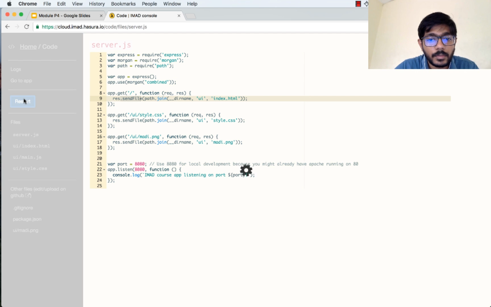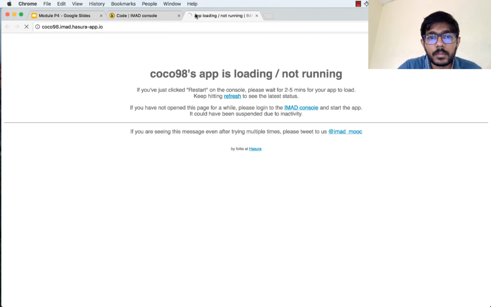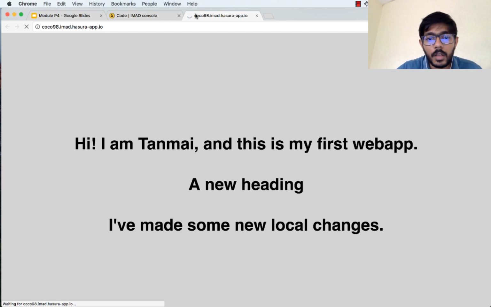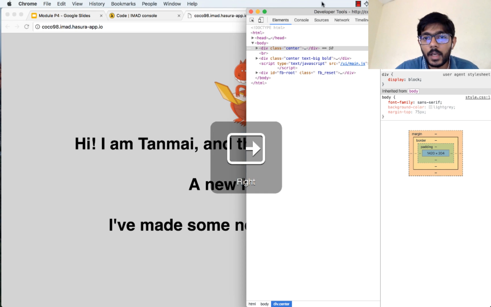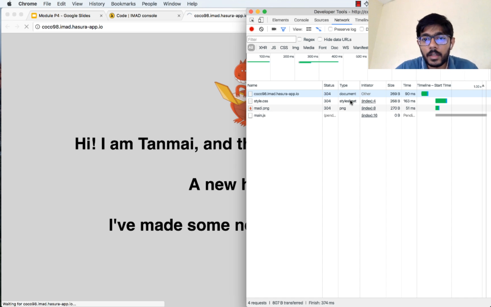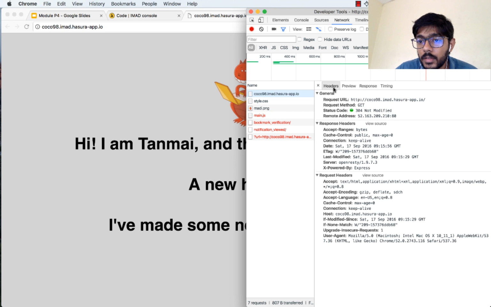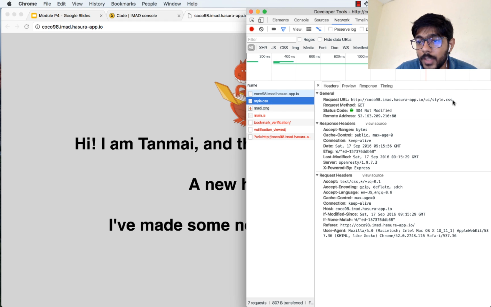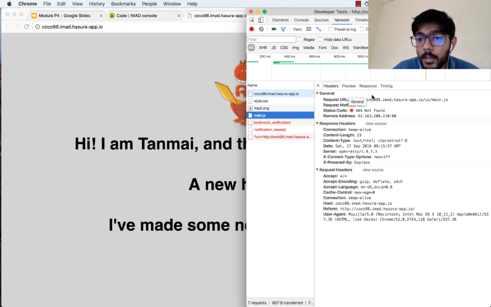So I restart my server. We'll wait for the server to start. So if I click on inspect element like we had last time, and I head to the network tab and I refresh the page again, you'll see that 3 requests are made. And if you look at these 3 requests, the first request is to our domain /. The second request is to /UI/style.css, and the third request is to /UI/madi.png. In fact, it's also making a request to a JavaScript file /UI/main.js, but we don't have any server-side code that